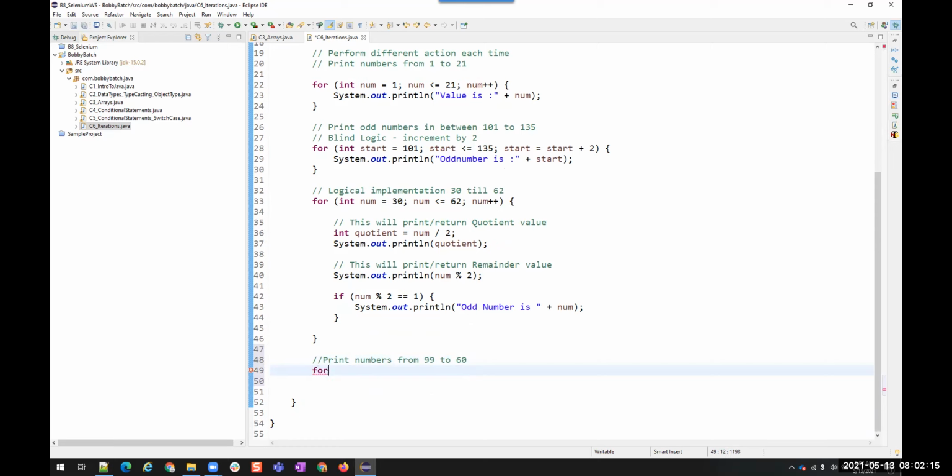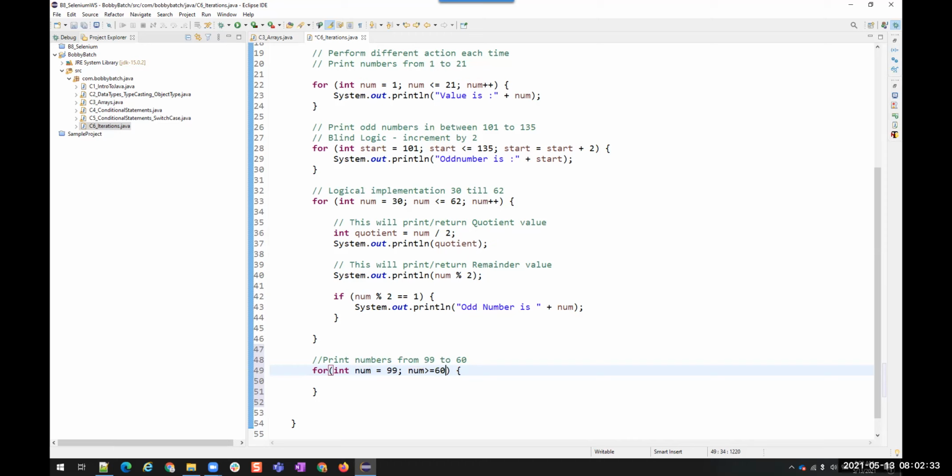For descending. Okay, num is the initializer? 99. Initializer number is equal to 99, and then what should be my condition? Greater than or equal to 60.